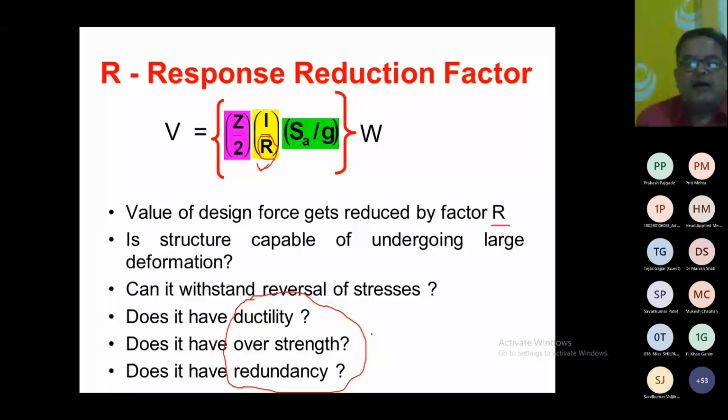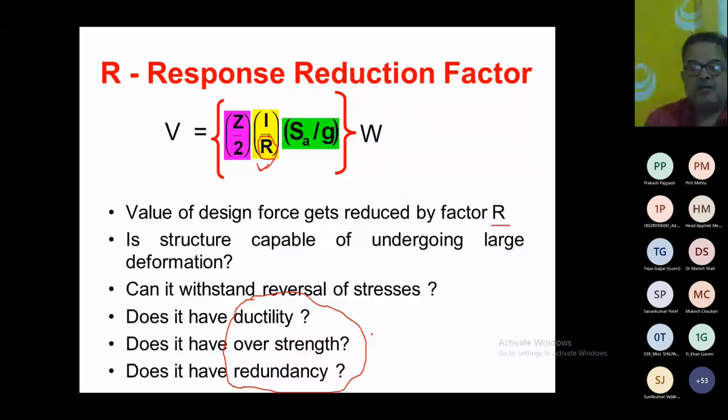We are making our structure enter into the inelastic zone, right? So our structure is entering into the inelastic zone. So what is ductility? Ductility is the capacity to undergo large inelastic deformation after yielding without losing strength and stiffness,